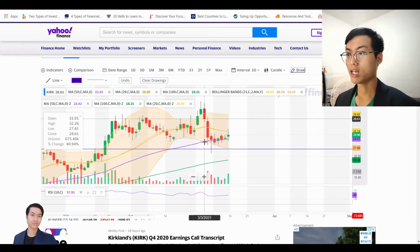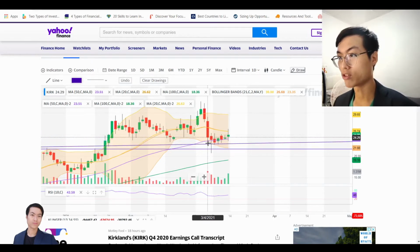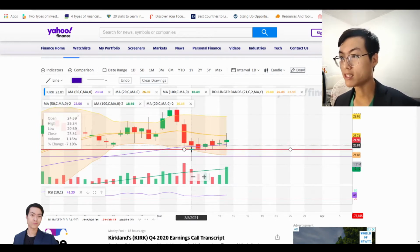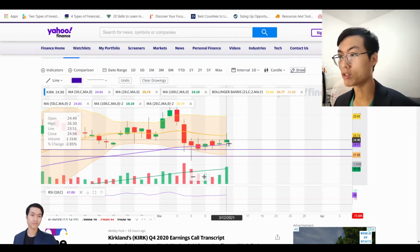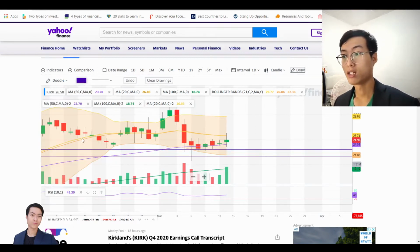Again, if it consolidates near the bottom, and what do I mean by the bottom? Let's draw an imaginary line over here. So you look all the way in here, and you can see that this line is slowly, gradually going upwards, following the trend. However, if it's consolidating near the lows over here, not going upwards,